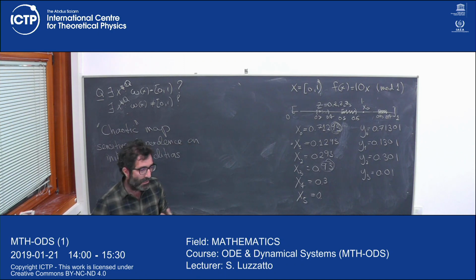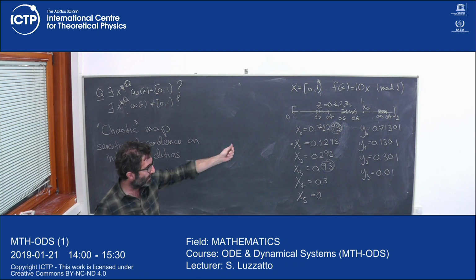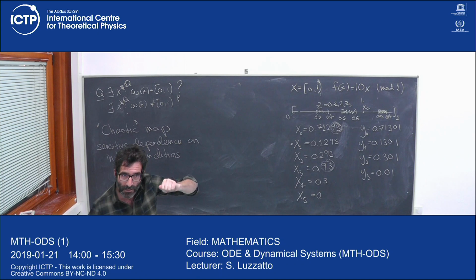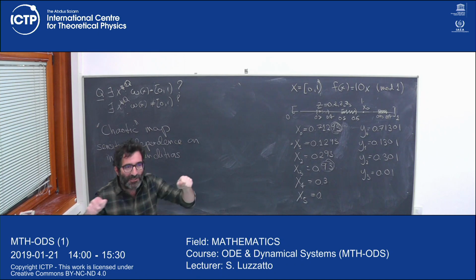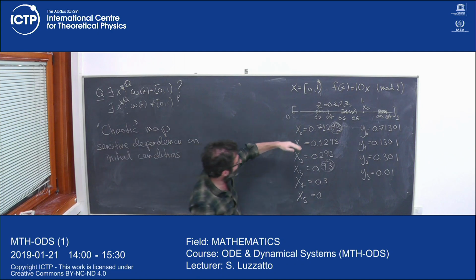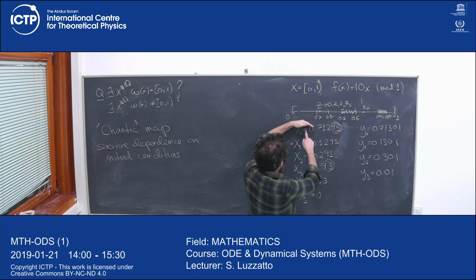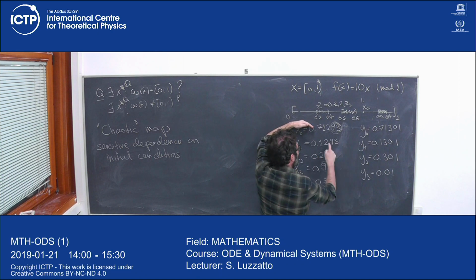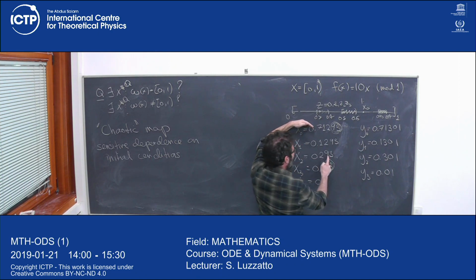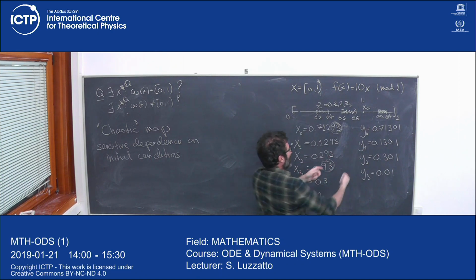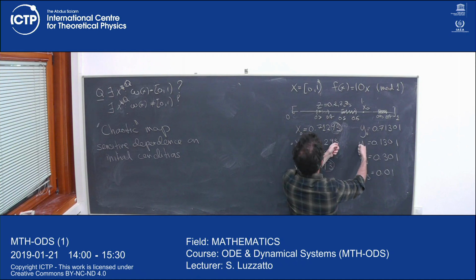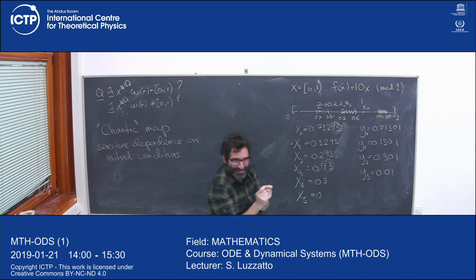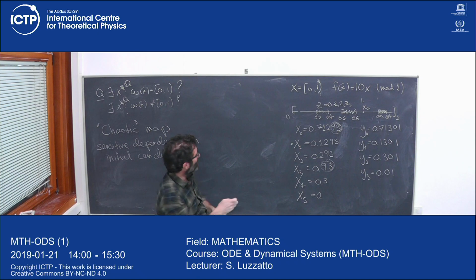I mean, the technical explanation is simple. When you multiply by 10, you are stretching the distance between 2 points, right? And in fact, you see that even though these 2 points are still quite close and these 2 points are still quite close, these 2 points are 10 times further away than these 2 points were. You're stretching them. When you look at the graph,